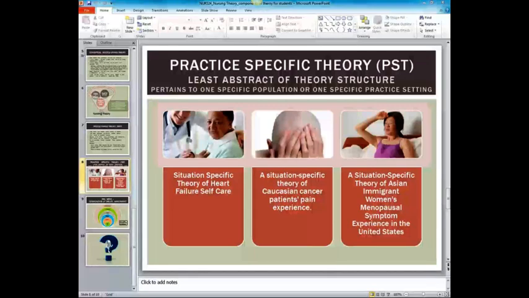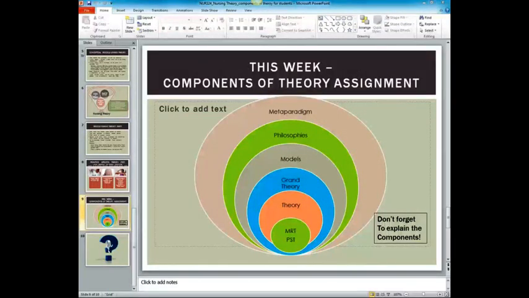So hopefully going through that discussion helps to delineate that structure, that at least is how it's presented here. Now you won't see that in all texts, but the text